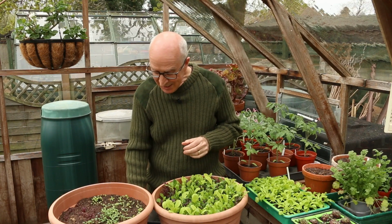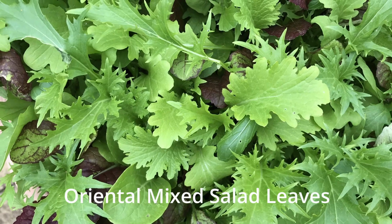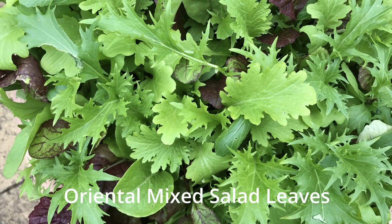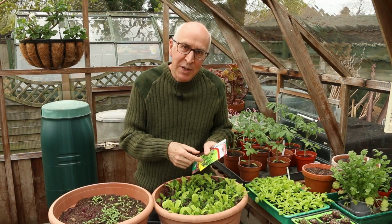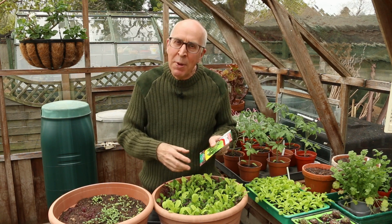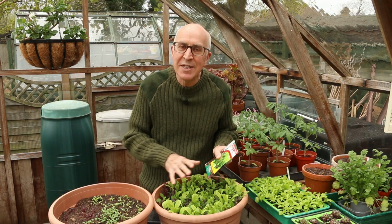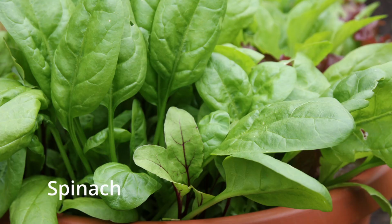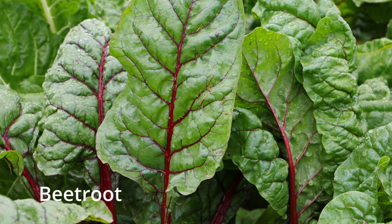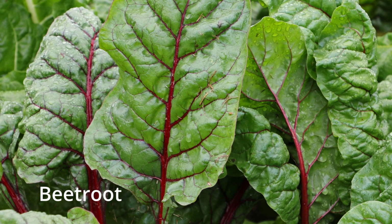Now, many seed companies also sell mixtures of salad leaves in the same packet. Maybe it'll be a spicy mix or an Oriental mix. And the lovely thing about growing these is you'll get a nice combination of different textures and flavours and colours, all in the same mixture, all perfect for picking as baby leaves. Spinach is a great start, and baby beetroot leaves with their crunchy stems and their beautiful purple veined leaves are